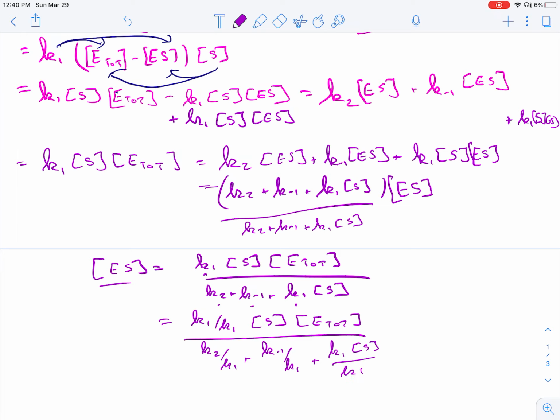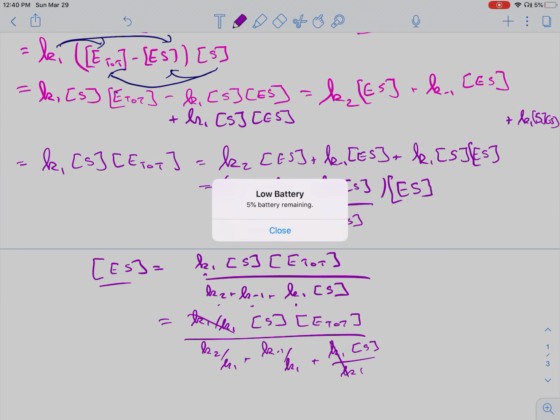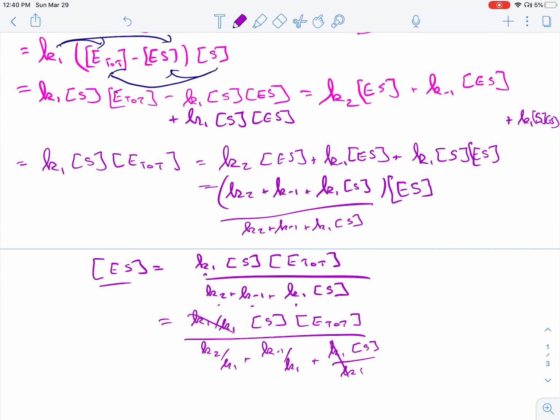And then you can cancel these, cancel these. This you can add. And so this becomes K2 plus K minus 1 over K1,